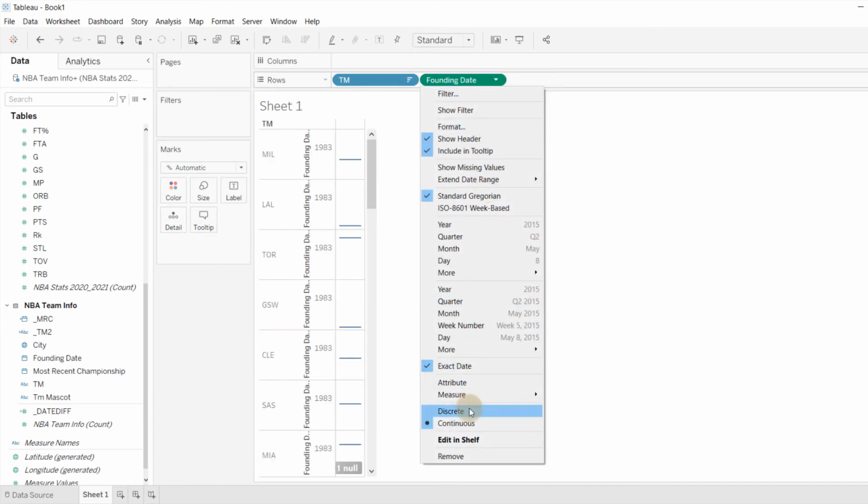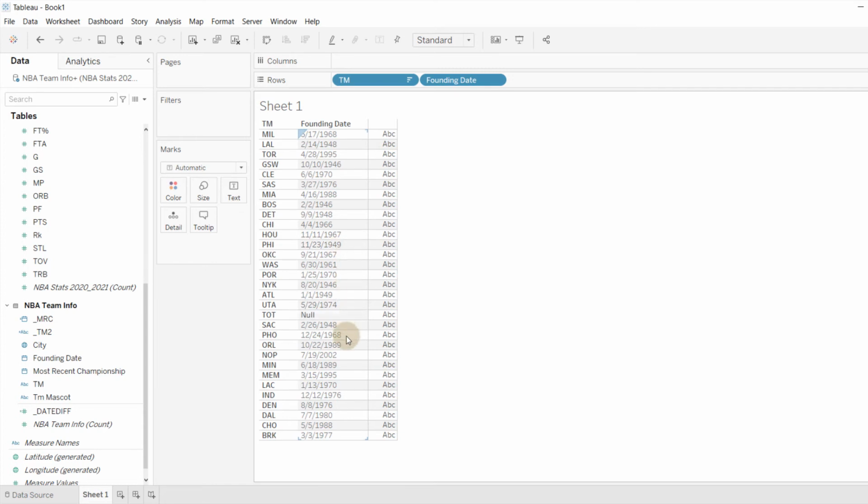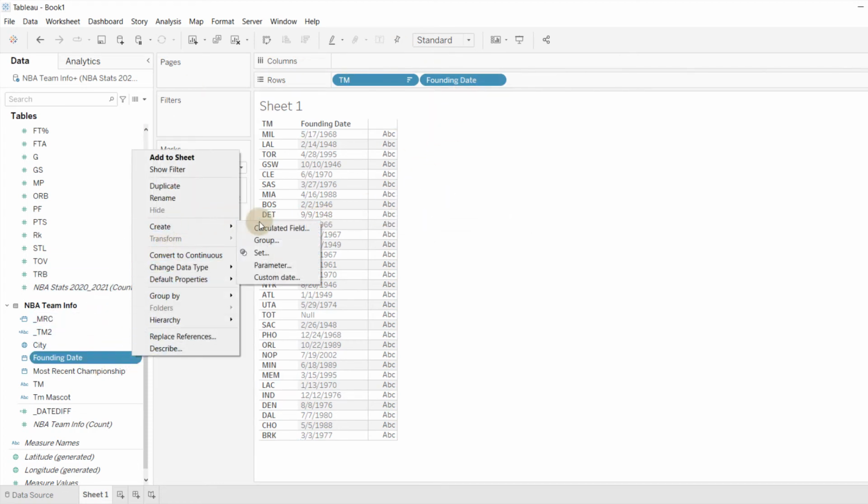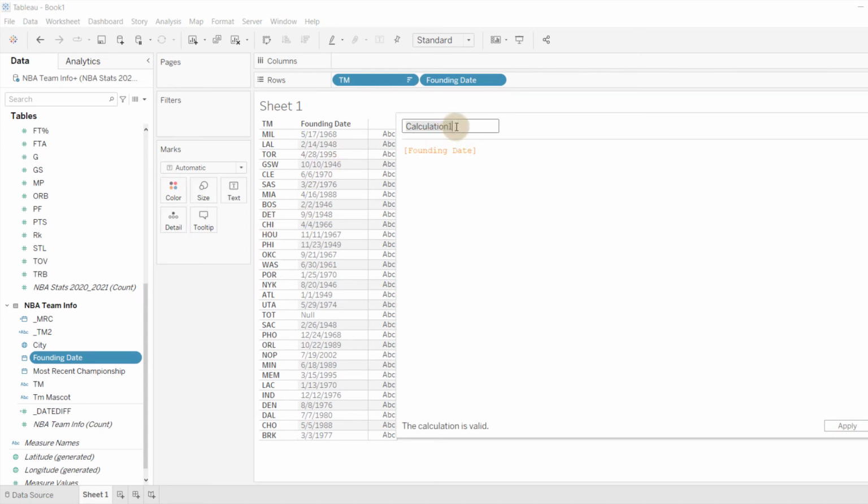And you know the deal. We got to make sure it's discrete. There we go. So on our founding date, I want to back this up to the first day of the month. So if I'm showing 9/9/1948, I want to have that be 9/1/1948. So let's go ahead and on founding date, do one of these, create calculated field,